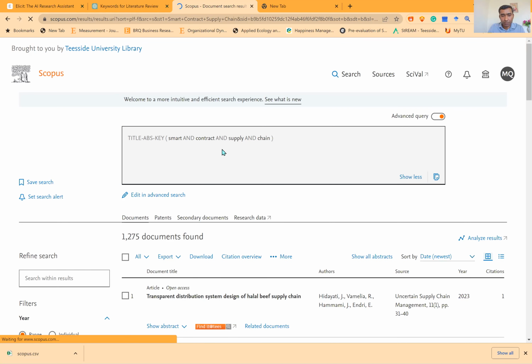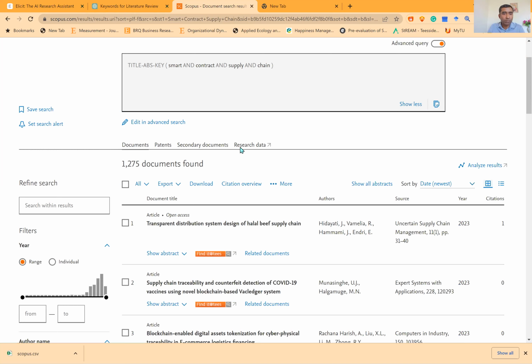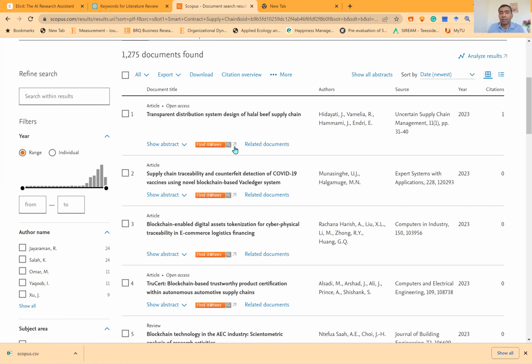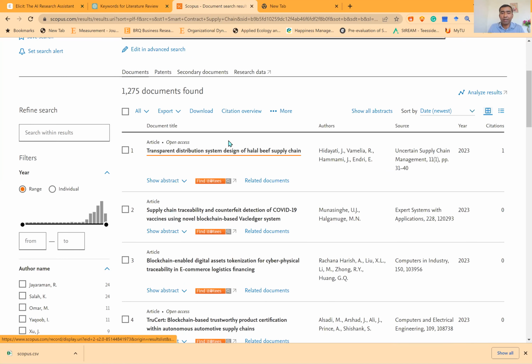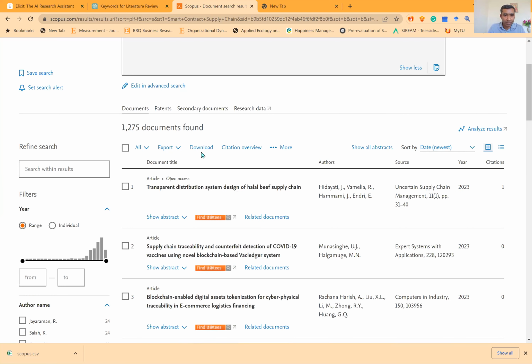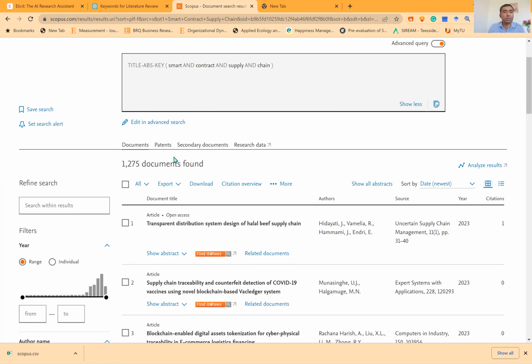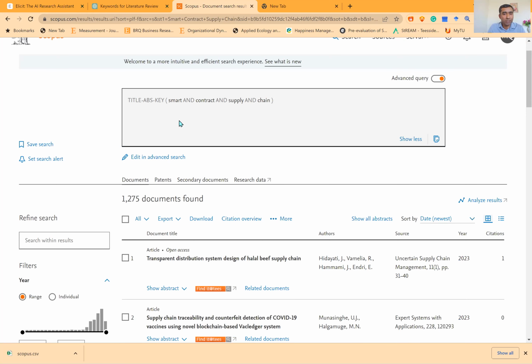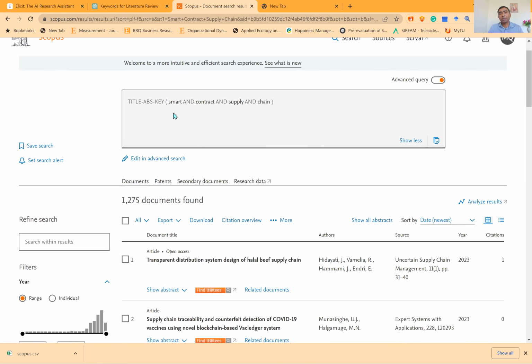Okay, smart and contract and supply and chain. Not many documents, but still it is not acceptable. Why? Let me show you why it's not acceptable. Now, why am I not choosing this command, especially this one? Because smart and contract are two different